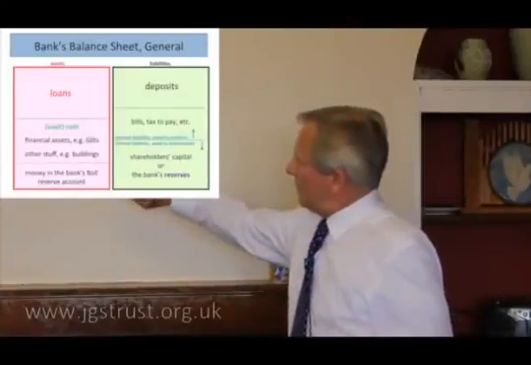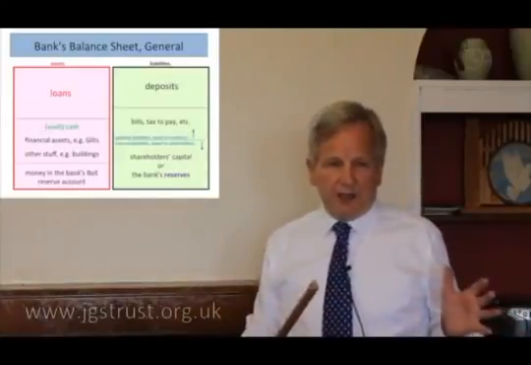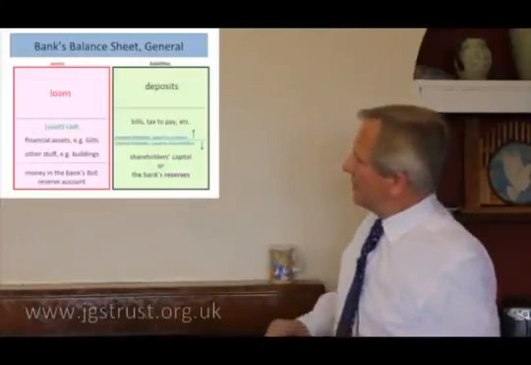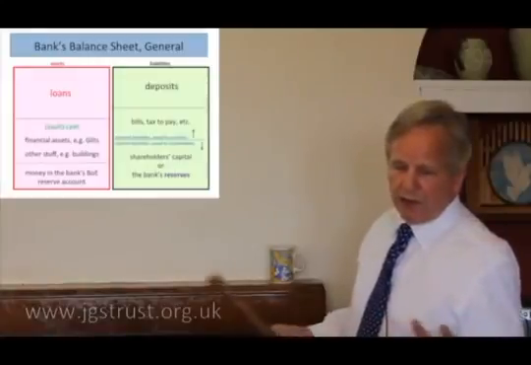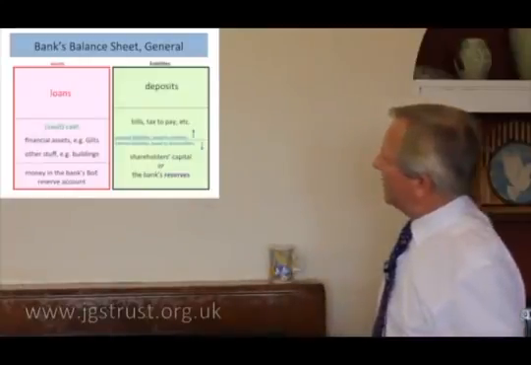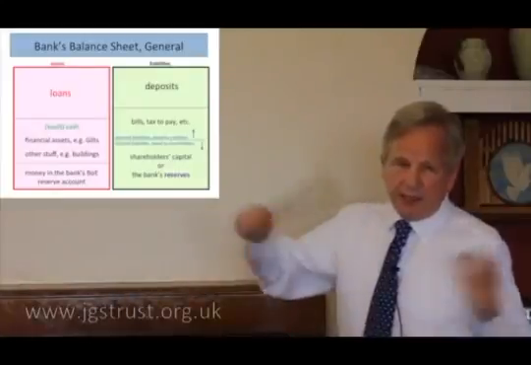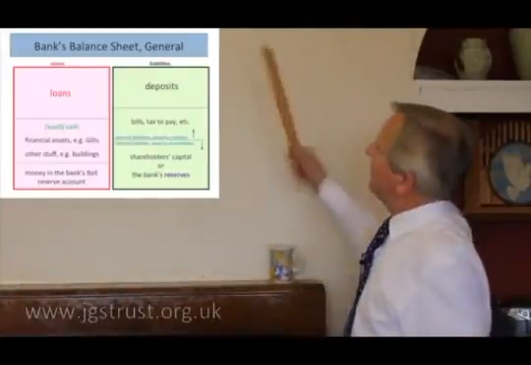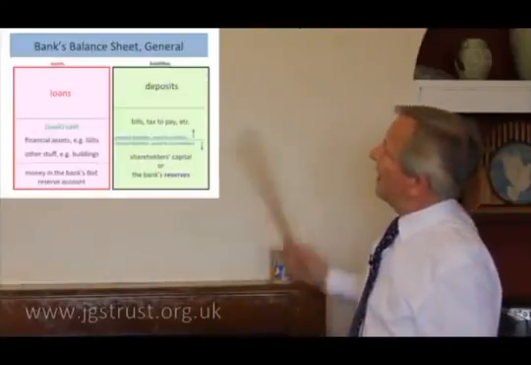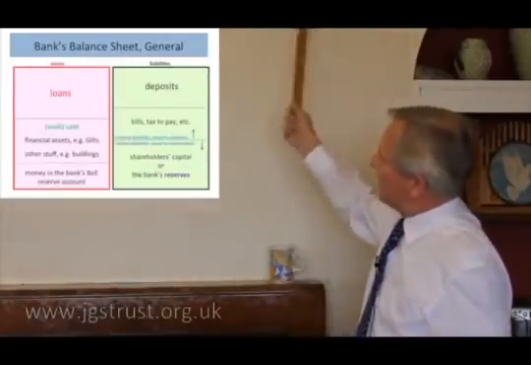And also, remember, initially the shareholders put their initial money into the account at the Bank of England, it's called their reserve account. We'll have a look at the structure of this in a bit more detail later. So that's an asset to the bank. So the bank has its money in the central bank, the Bank of England. The bank's customers have their money in the commercial bank. And on the commercial bank's balance sheet, the bank's money is an asset and the customer's deposits is a liability.